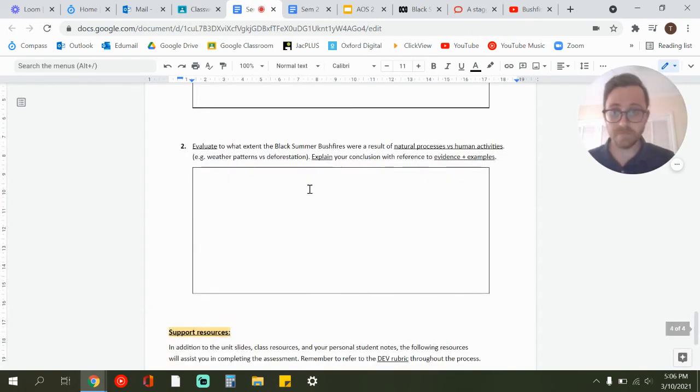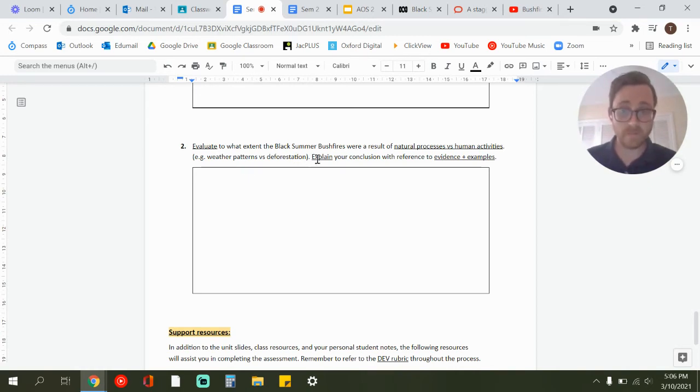And final question. So last question, 2 questions per section. Final question is a bit of an extended response question. So if the other ones are going to be about 1 mini paragraph, this might be 2 or 3. Evaluate is the key word there. You're not describing, you're not listing, you're evaluating. You need to have an opinion.